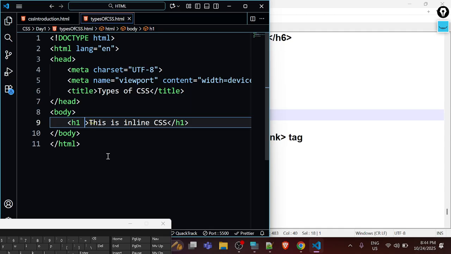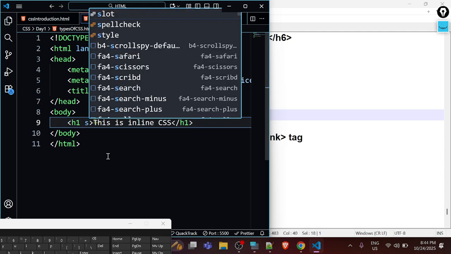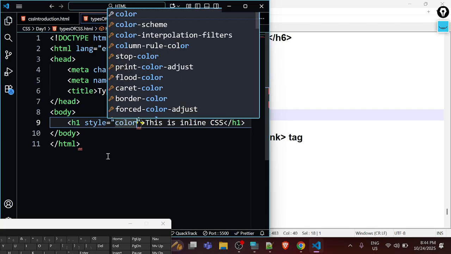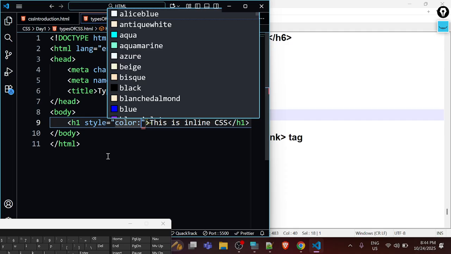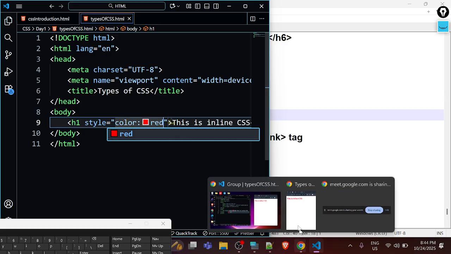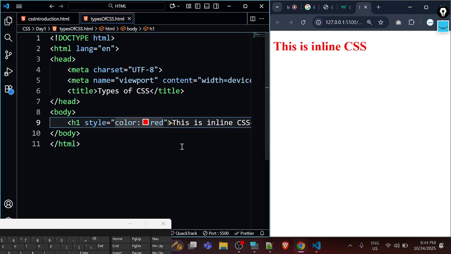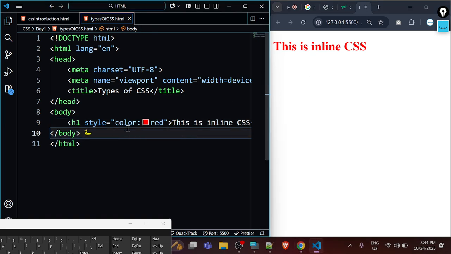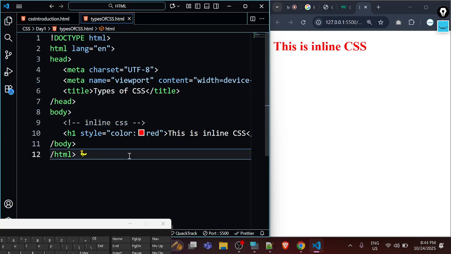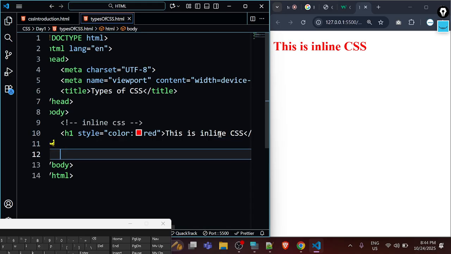So how to provide? We need to write here style is equals to, style is equals to what, let's suppose color red. Okay, so color is changing. So this is what, an example of inline css. Okay, and the example of